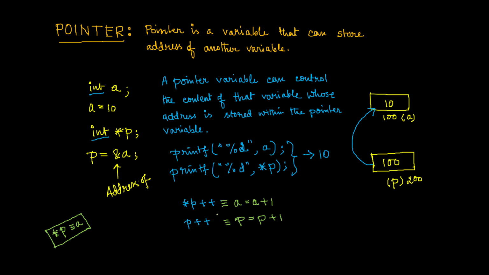But if you write pointer P plus plus, then what will happen? The content of P will remain the same, but wherever it is pointing, that value will be increased. So 10 will become 11. So this is very important regarding the pointer. If you want to work with a pointer, this idea of pointers and how they are connected with each other is going to be very vital, because a single mistake in the pointer will lead to an enormous amount of error in the output.